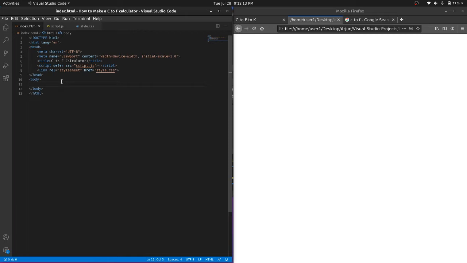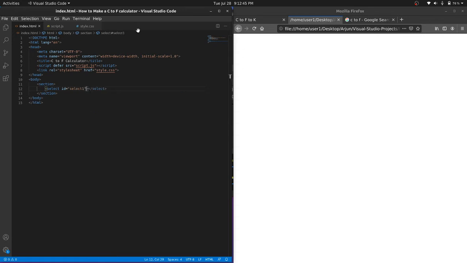So in the next part, I'll do the script, like the JavaScript part, and then I'm going to do the CSS part. So now let's do a section tag with no ID. Then select to get the drop down. It has no name, but it is going to have an ID. It's going to have the ID of